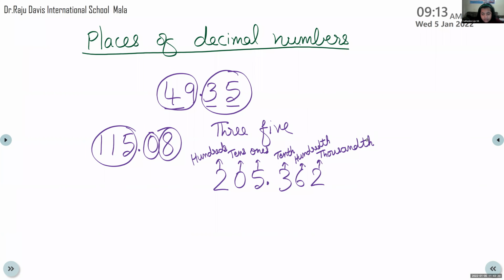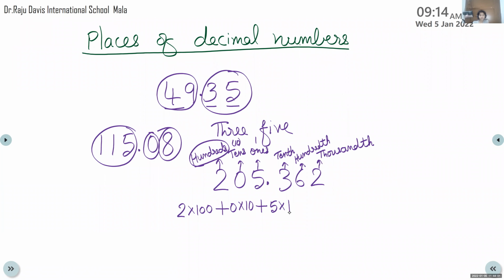Okay. And ones means it is 1. Tens means it will be 10. Isn't it? When we write the place value of 2, since it is in the place of 100, we will write it as 2 into 100 plus 0. No need of writing the place value of 0. Even then, if we are writing the place value, we will write it as 0 into 10. Isn't it? Plus the next one, 5 is in the ones place. So 5 into